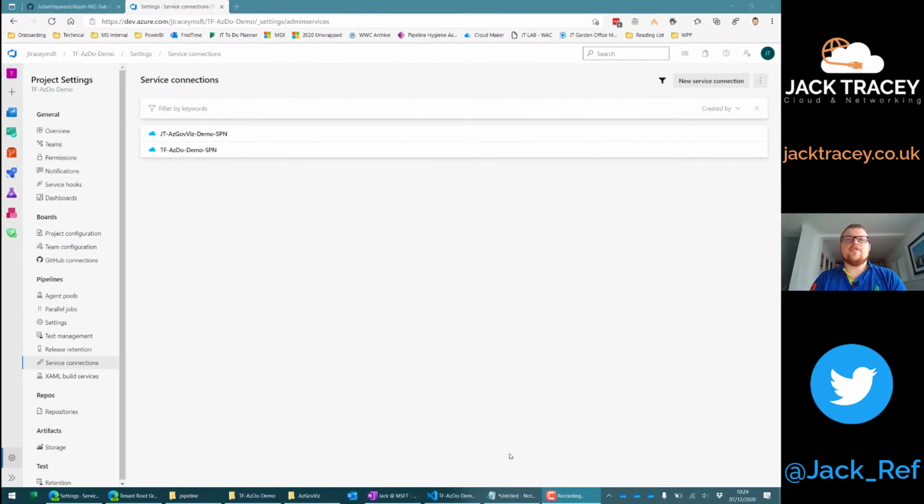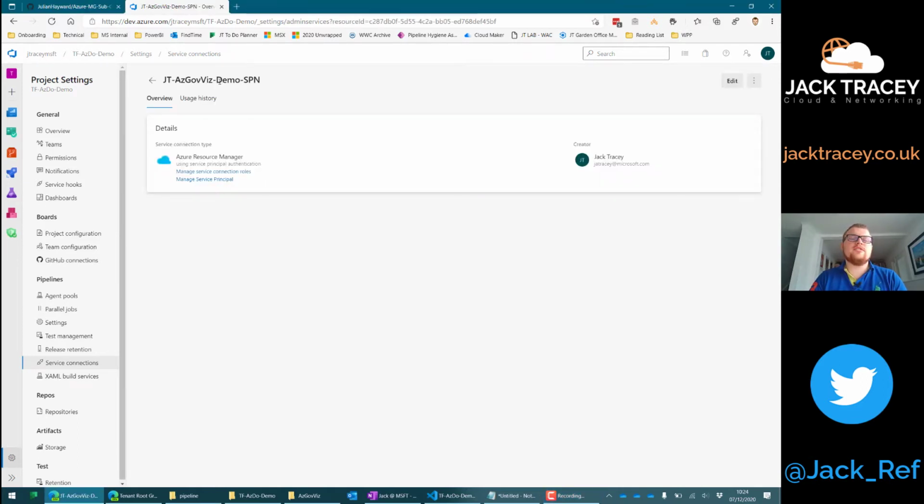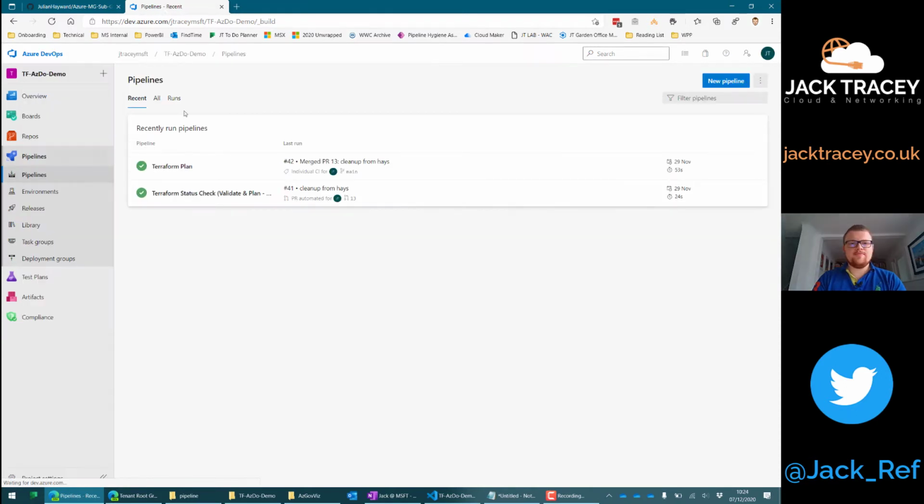Okay, so we've added our service principal into Azure DevOps as a service connection, and what we need to do is take its name, because we'll need that in the next step. So if you can just click onto the service connection and just grab its name and copy that to your clipboard. And then what we need to do is go and create that pipeline based upon that YAML file we uploaded into the repository earlier. So if we click onto pipelines and pipelines again,